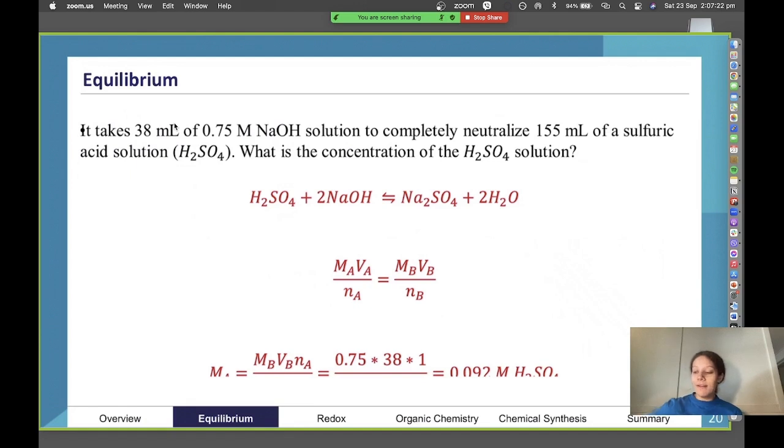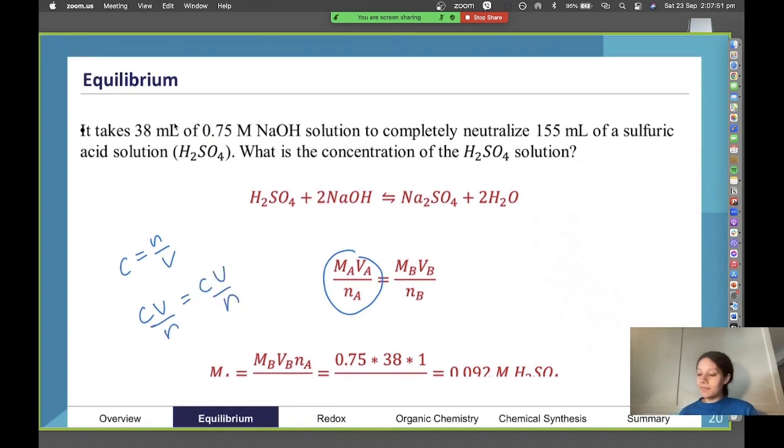Then it's important that we have a balanced equation as well, because we have 2 hydrogens, which means that we're going to need 2 base molecules for every acid molecule. The next thing we can calculate from there, the main equation that we're using is C equals n over V. So for one side of the equation, we can rearrange to make it look like this. We have CV over n will equal CV over n of the acid and the base, because to neutralize, we have equal moles of acid and base. So that's how we can put those things together, because the number of moles there are equal.